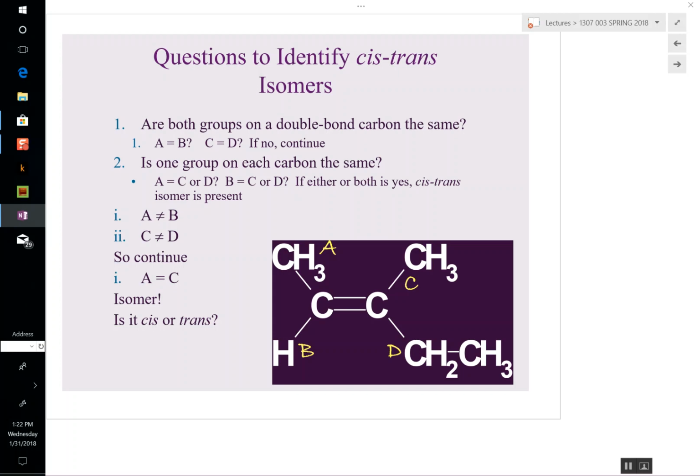So first question, does this have 2 different things on it? Yes. Okay, go on to the second question. Does this carbon have 2 different things on it? Yes. Go on to the third question. Do these 2 carbons have something on them that are the same? Yes. So that is a cis or trans. All right? A cis or trans what? These are the 2 things that are the same. Now that looks like a methyl group,